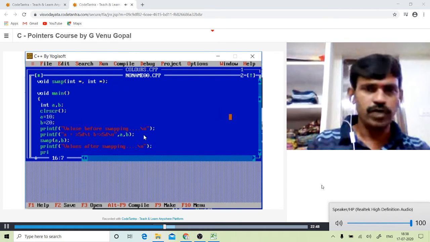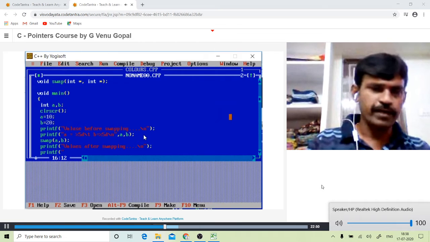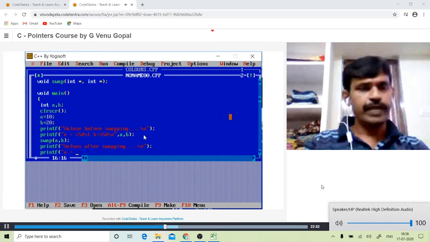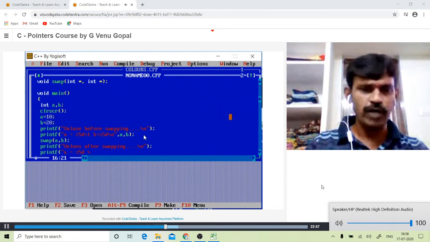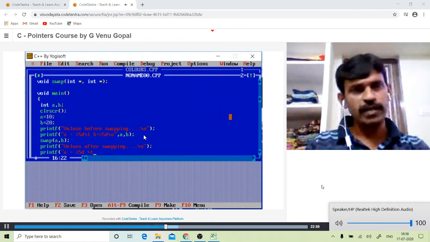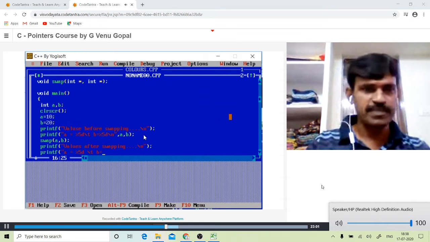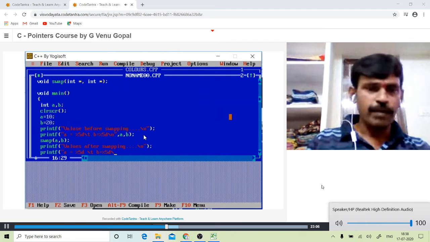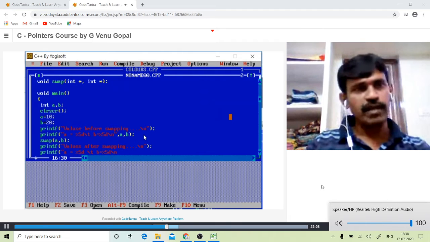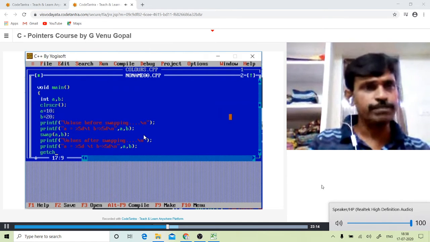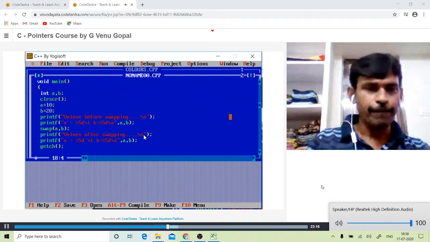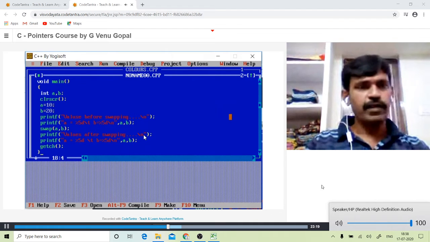Next, again I use printf statement which is equal to the previous one. A is equal to percentile 5D, field width with the character specification I am using, comma, B is equal to percentile 5D \n, quotation close, comma, A, comma, B. Finally, getch I am using to make the screen visible after the execution.